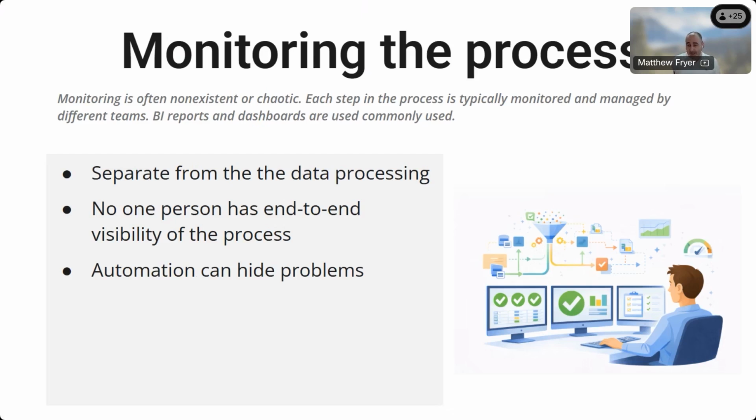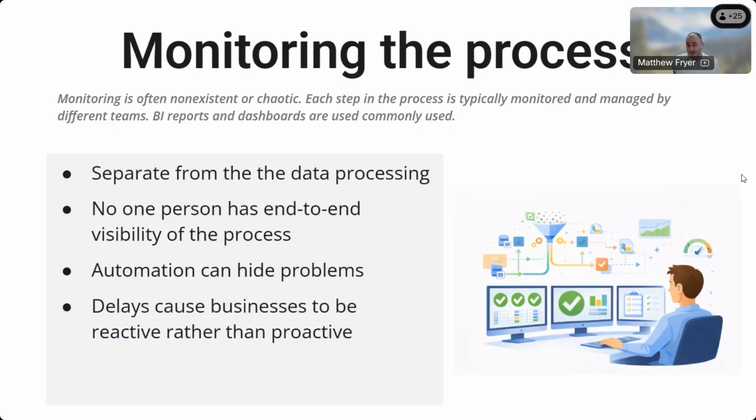Automation, whilst great at helping to scale up and to take away the problem of needing vast numbers of people to manually deal with the data, it can hide the problems. Problems can build up, they can silently exist, because the automation is doing its best to process that data. And we therefore might not discover those problems until much later down the line, when, again, as I mentioned earlier, our BI dashboards or whatever start to become askew or not work,